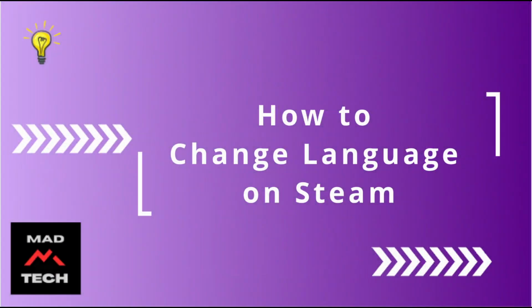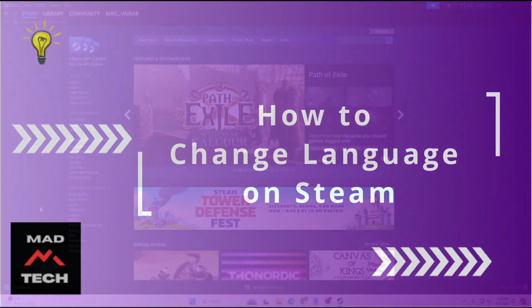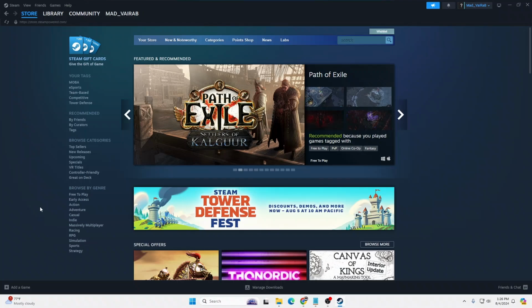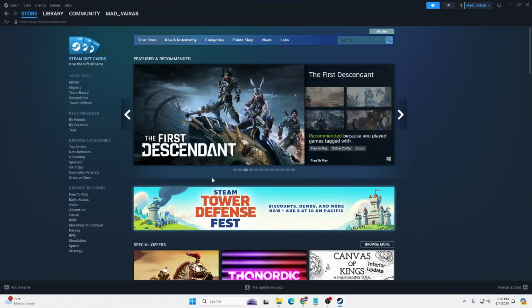Today we'll be learning how to change language on Steam, and now let's dive right in. Now to change a language on Steam guys, on this interface at the top right corner of the screen you can see your account name available for us on the Steam app. After you have logged in, click on your account name at the top right corner of your screen on the Steam app,